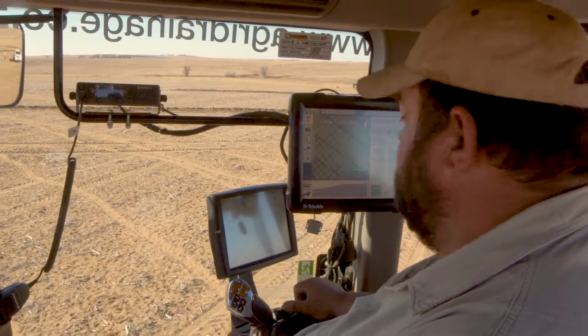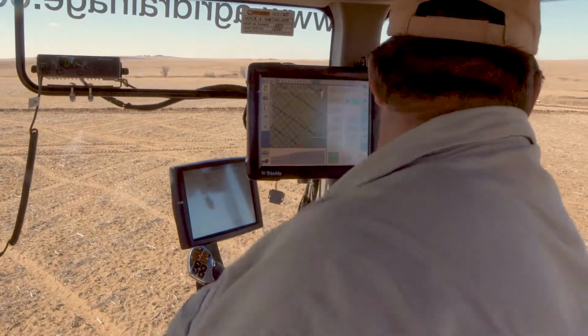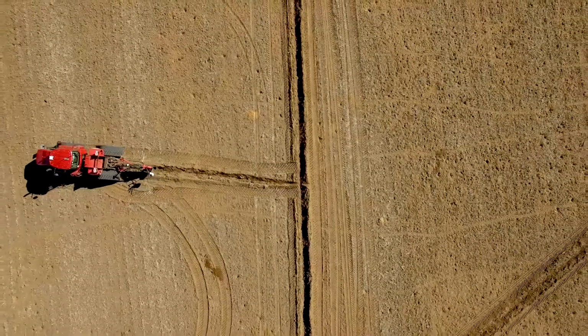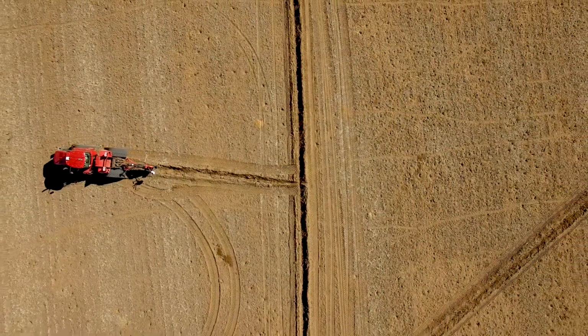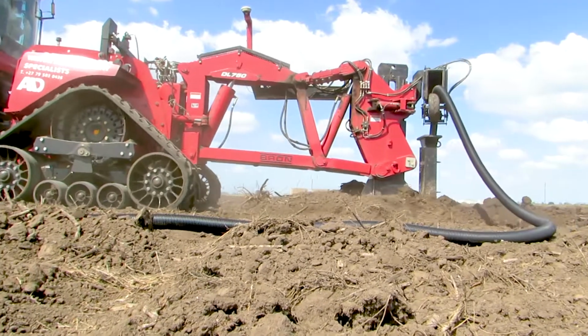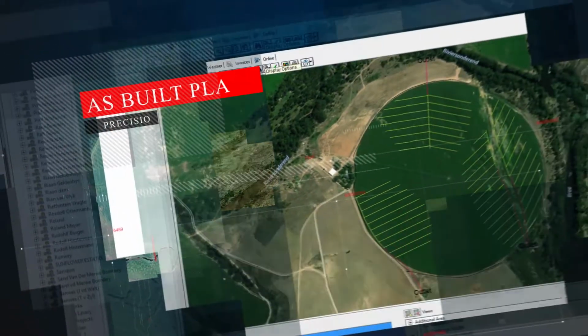The trenchless mechanical installation method that Agri Drainage uses makes use of a drainage or tile plough that seamlessly installs the pipe into the soil by making use of the latest state-of-the-art GPS equipment. This ensures that the pipe is installed accurately and exactly according to the design plan. While installing, the equipment also records an as-built plan for record keeping and to ensure that everything has been installed